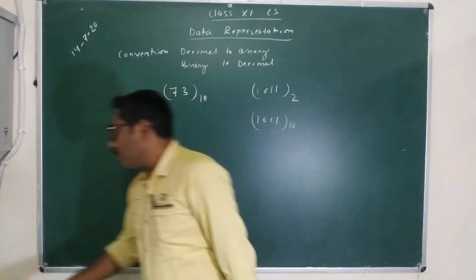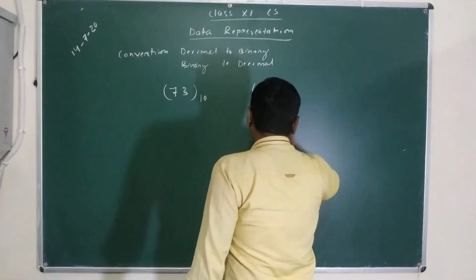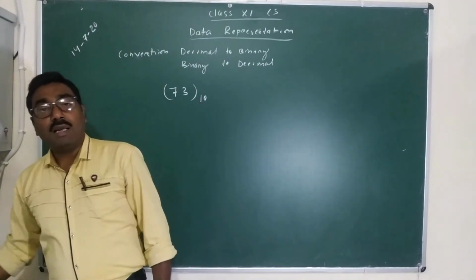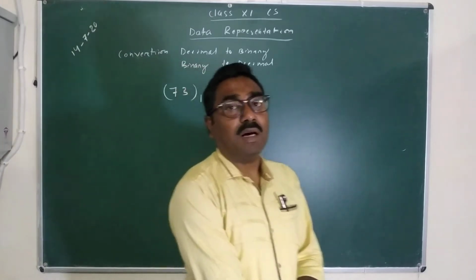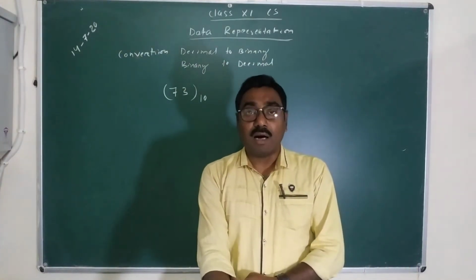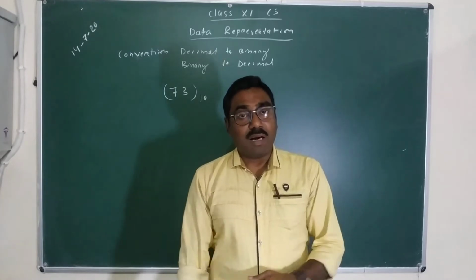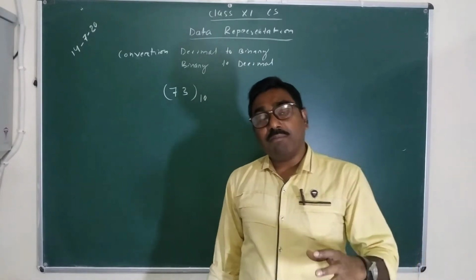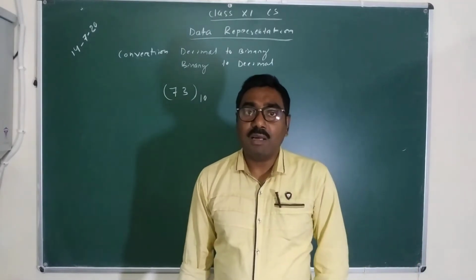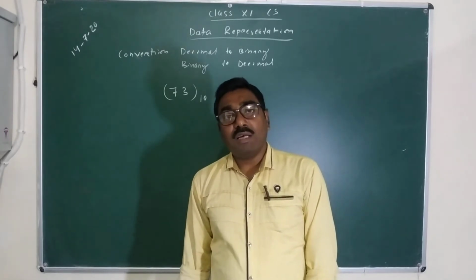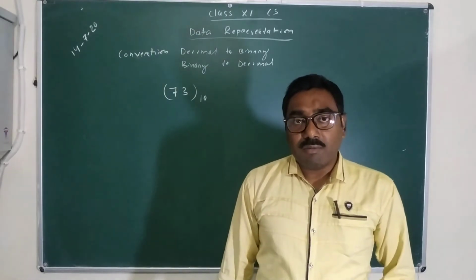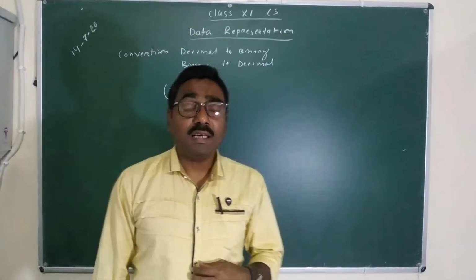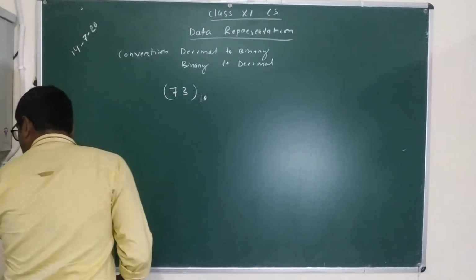Okay, now come to the point: how to convert the number. Any decimal number, if we divide it by 2, then we'll get the remainder as 0 or 1. And a binary number is nothing but 0s and 1s. So if we keep dividing the decimal number by 2, each time we'll get a remainder of 0 or 1.